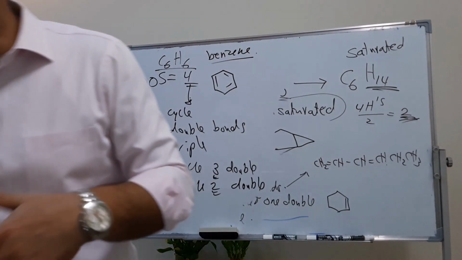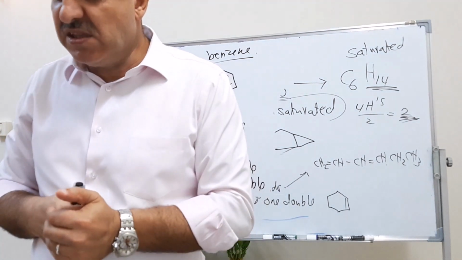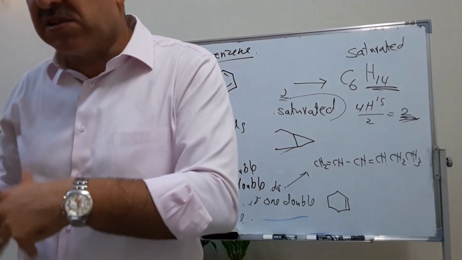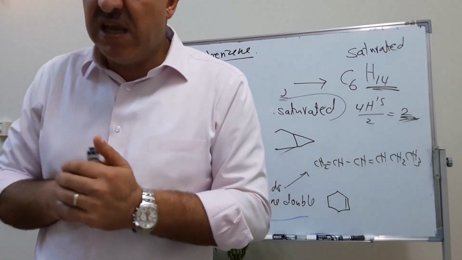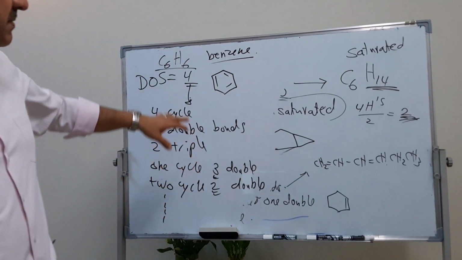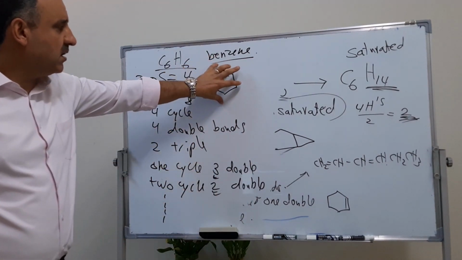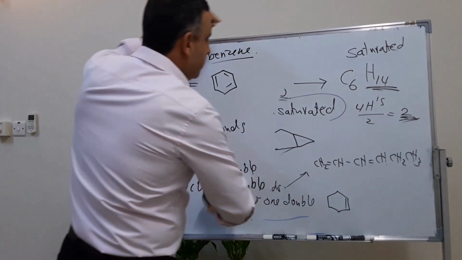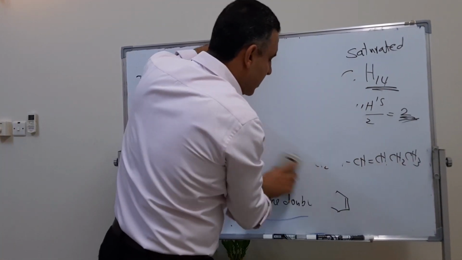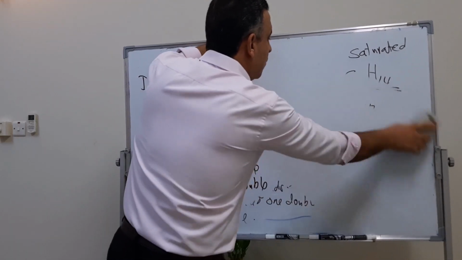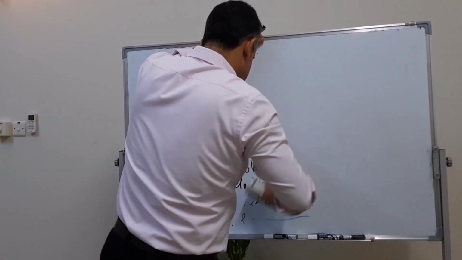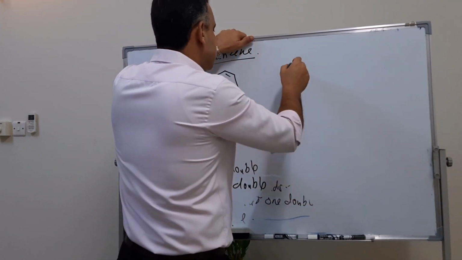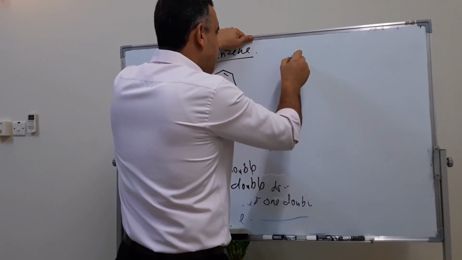In principle, whenever the degree of unsaturation is 4 or more, the most possible structure is benzene and its derivatives. Do you follow me? Because benzene has 4 degrees of unsaturation. Now, the question is, what if the molecular formula contains atoms other than carbon and hydrogen? For example, oxygen or sulfur or nitrogen and halogen and so on. Suppose, what's the degree of unsaturation of